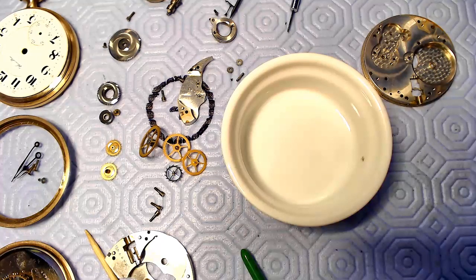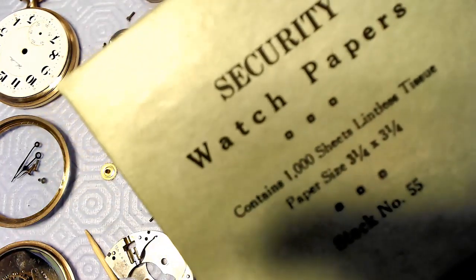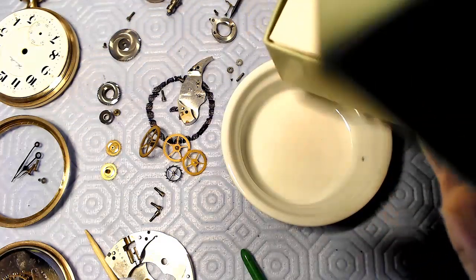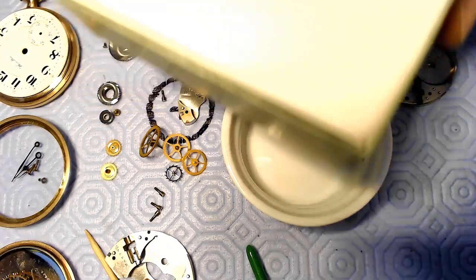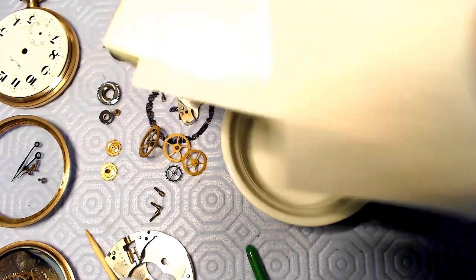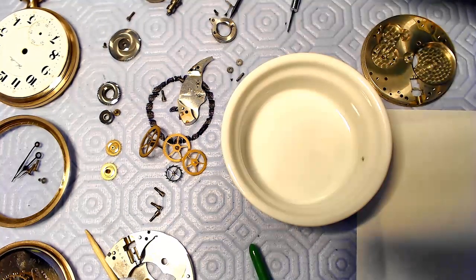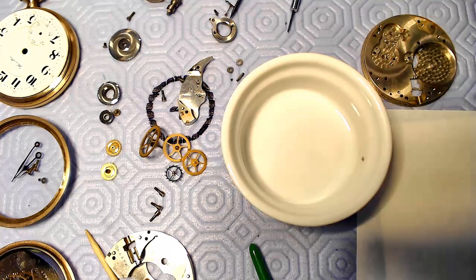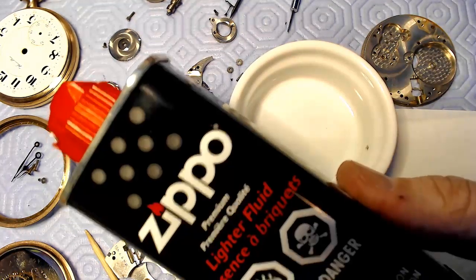So first of all, you need some watch paper. So I have 1,000,000 sheets of watch paper. Well, actually I only have 1,000 sheets of watch paper, but this watch paper is really thin, and you pull it off like that, and I think I got 3 pieces there. So I gotta stop saying usually and should and may have and all that. So I use 2 sheets of watch paper when I'm cleaning a watch, and then I take my lighter fluid,